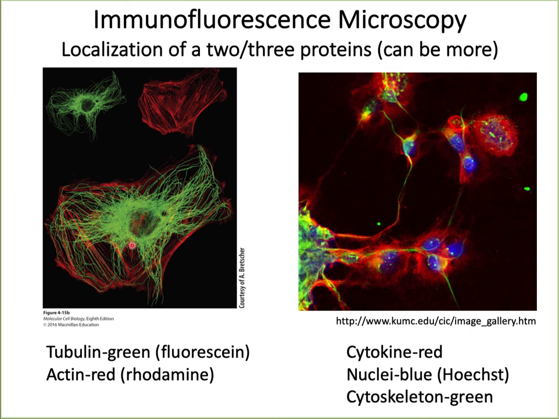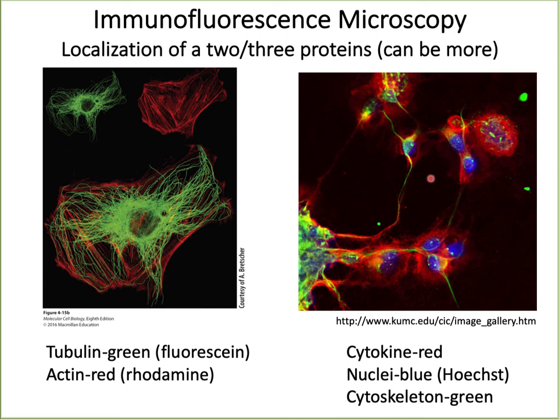This is a very important concept for your critical thinking question, so make sure you understand it. On the right, you see cultured nerve cells, where a specific cytokine, which is found in the cytoplasm, is stained with a red secondary antibody. The nuclei are stained with a dye known as Hoechst, a blue nuclear stain, which has affinity